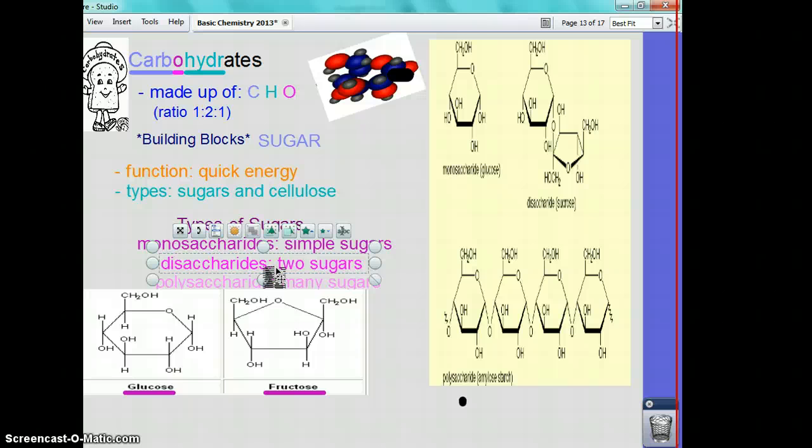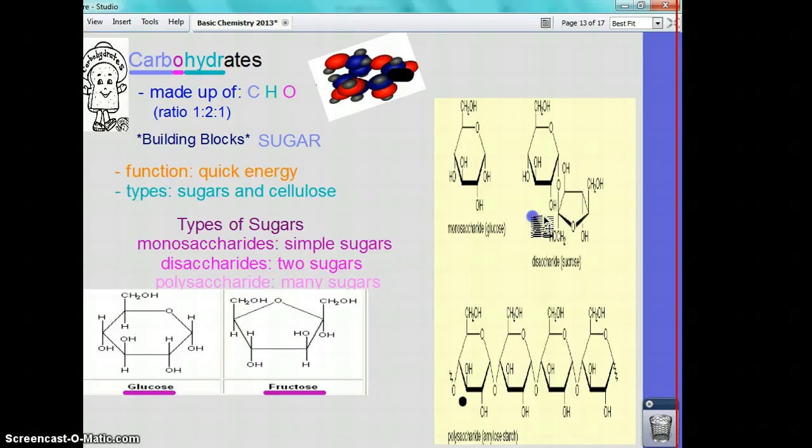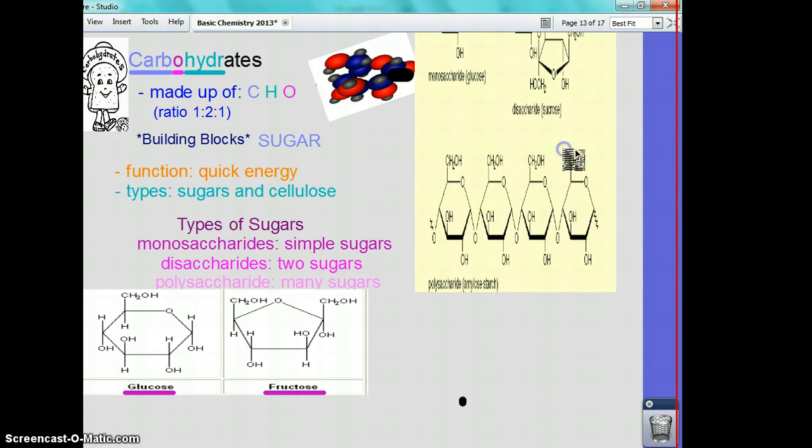Simple. What do we call simple carb? It's a monosaccharide. It's made up of only one sugar, one building block. Look at the difference here. You see the di? Two. Poly, anything more than two makes up a poly. Everybody see that? You see right here? 1, 2, 3, 4. So I can ask you questions on the test. What type of carb is this? You could tell me